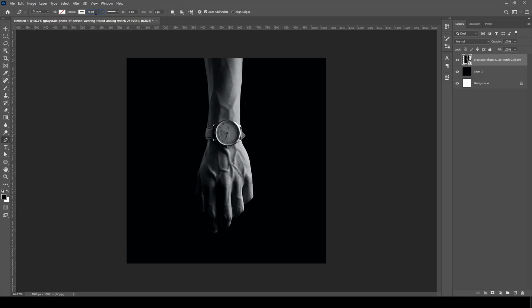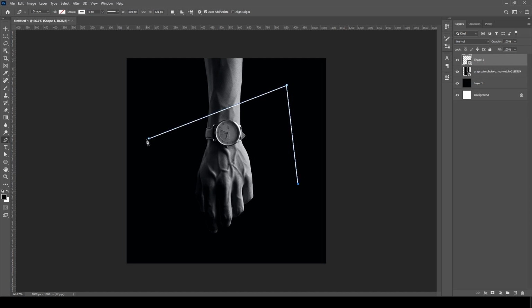Okay, now the pixel size, as for me, I'm just gonna take a random number 4 and let's see. So just draw a rectangle here, then here, then here. So this is our shape